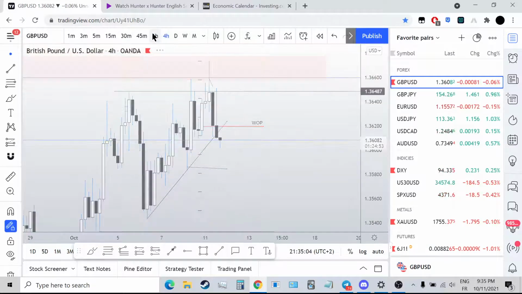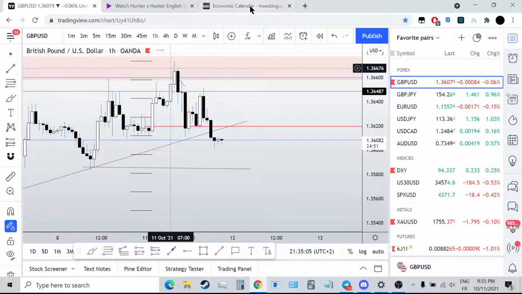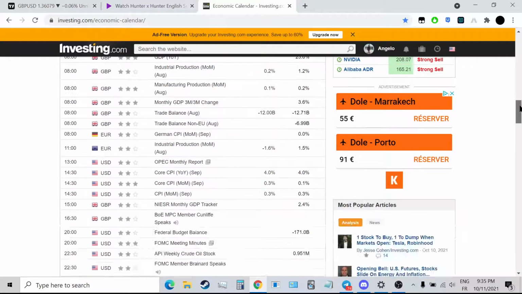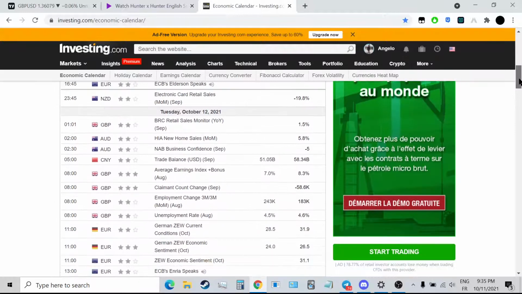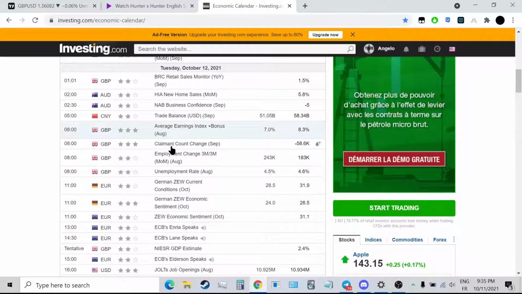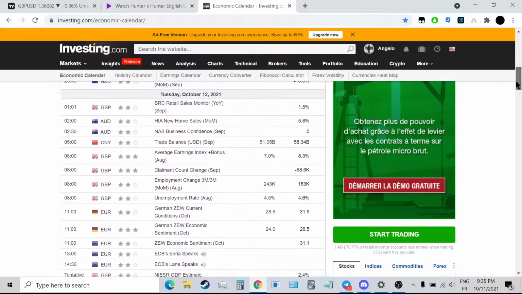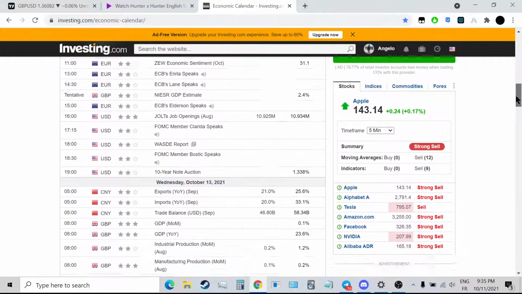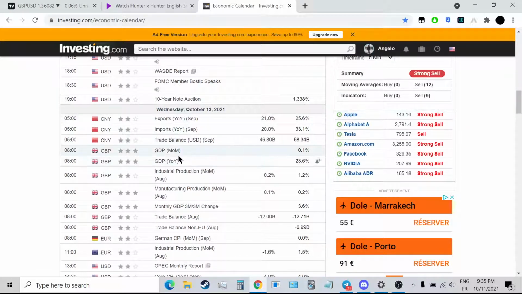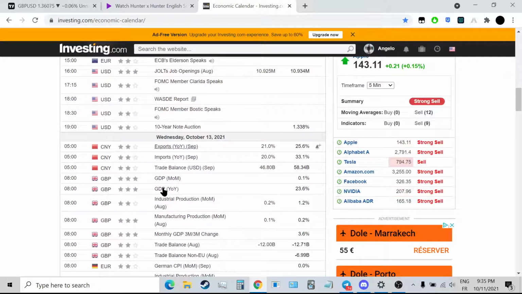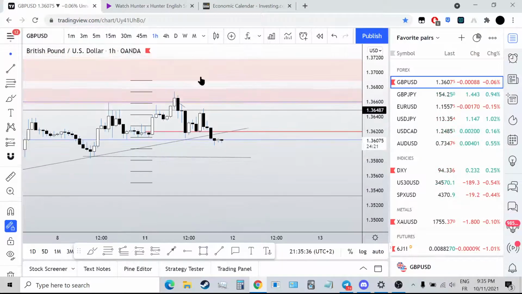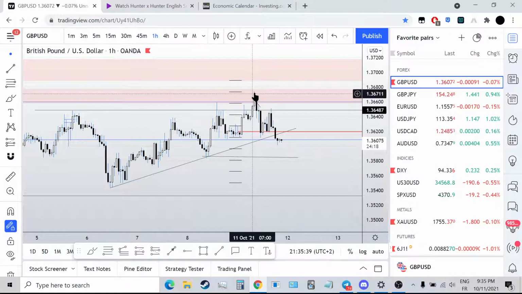So I don't know if today, Monday, created the high of the week. If you look on the economic calendar, Tuesday we have a little bit of news. I don't know how important this is, but you can see it's high impact news, so it's going to give some movement for Tuesday. But Wednesday you have GDP reports, and that might create the high or low of the week. So I don't know if this news event might create the low of the week, or push up higher, you know what I mean, and take out this high right here.